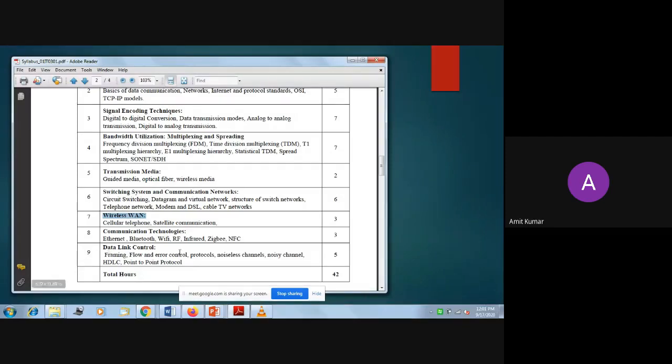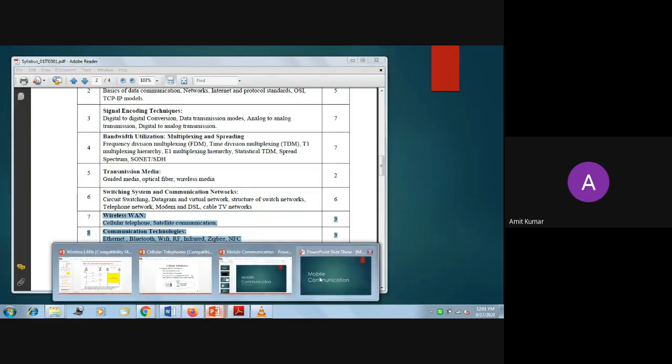Now, these 3 chapters are very small chapters. So, we will be able to quickly wind up your whole syllabus. So, up to this, we have completed, and the remaining 3 chapters we are going to complete within 2 to 3 weeks. So this is the time frame where we are going to complete. Labs we have already completed.